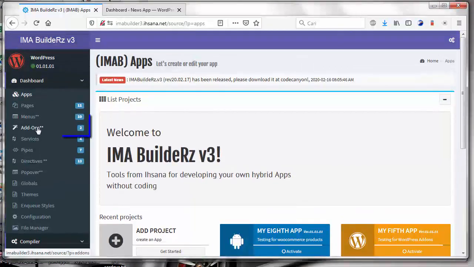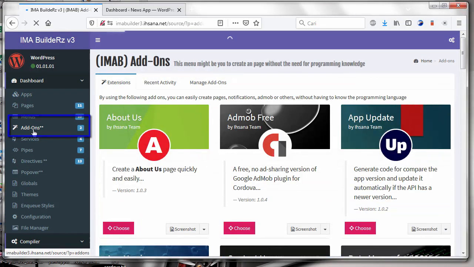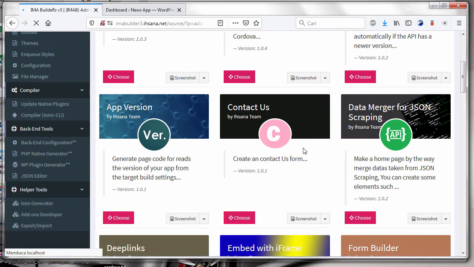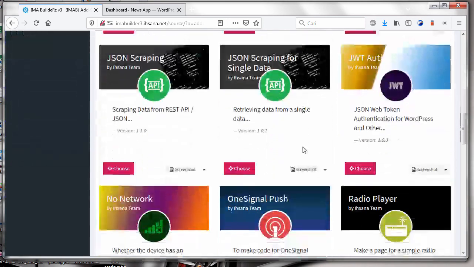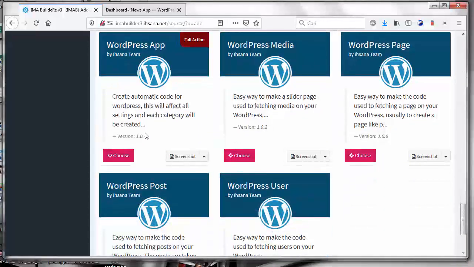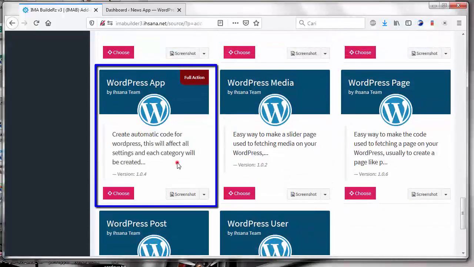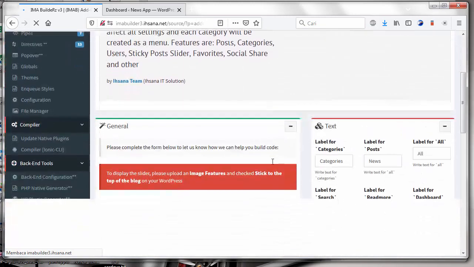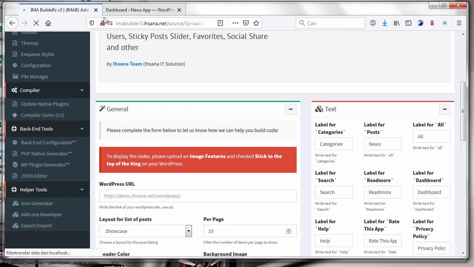After the project is created, we just go to the add-ons page and look for WordPress app add-ons. In general, we have to fill in only the WordPress URL.